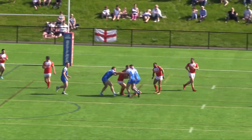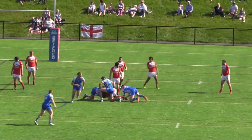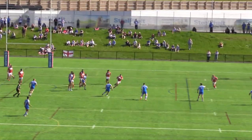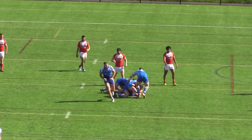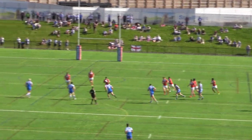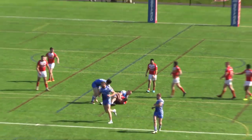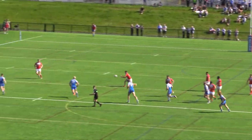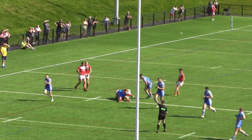And Halifax are going to try and continue their good defence from the first half and keep the Eagles in their own half of the field. And so far successfully doing that. But Eagles showed a bit more commitment in defence, in attack rather. Paddy Burns, well tackled by Morris on the 40, and the Eagles will opt to run it with Jack Ashworth,